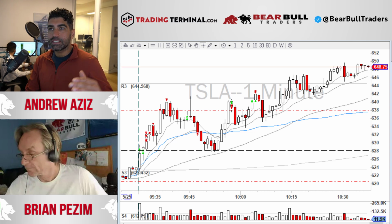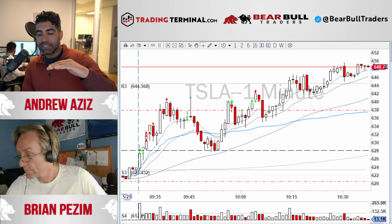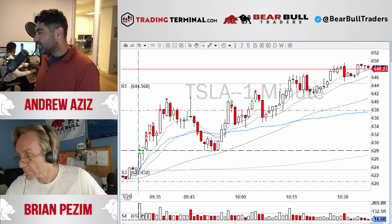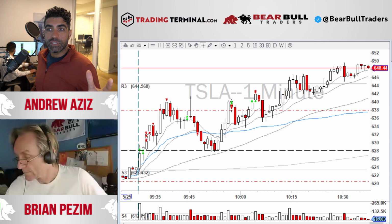So the whole market, it seems that they have found the bottom, and it seems that the SPY doesn't want to go below 380, Qs don't want to go below 288, and now we're getting a rally right now. I don't know if it's a relief rally or just continuing going up or not, but again, we are in a financial tightening, and